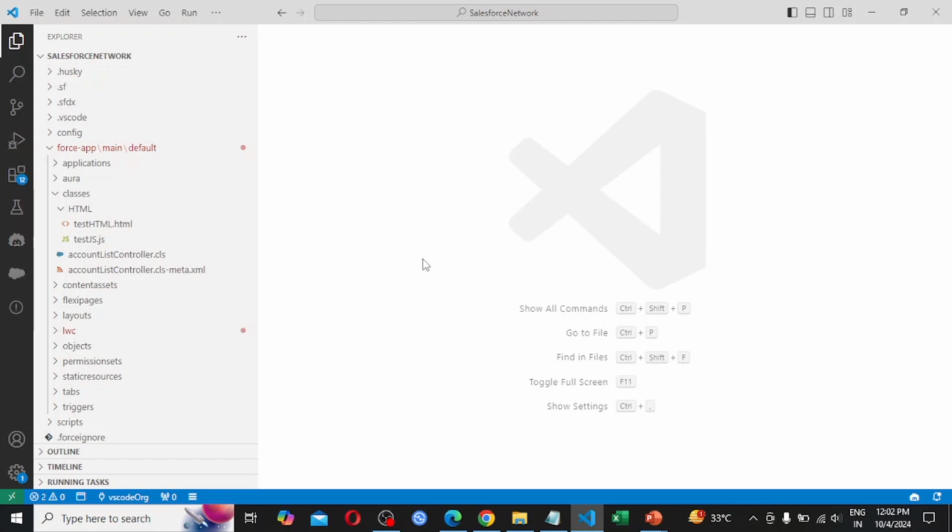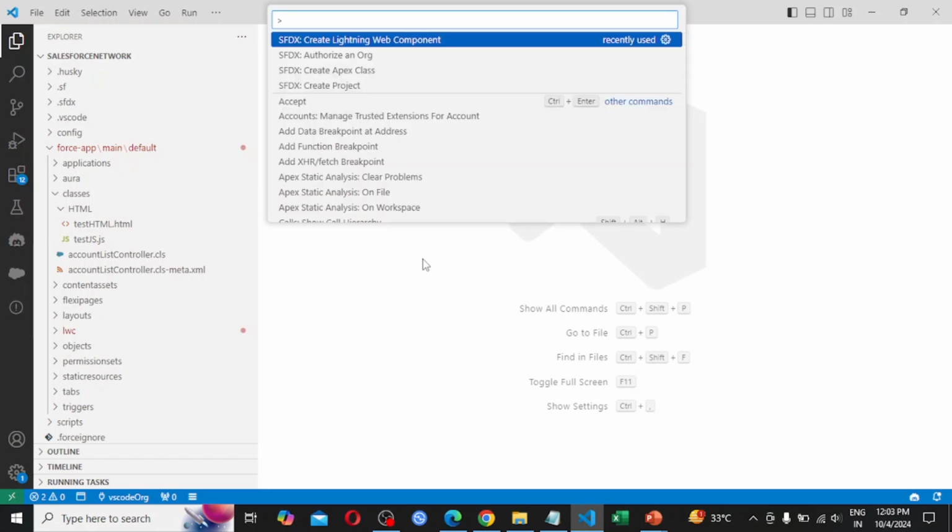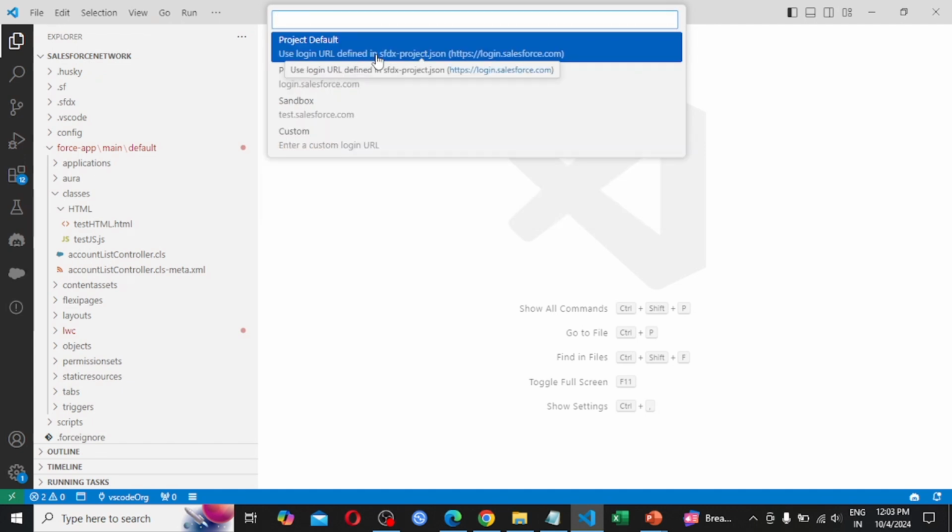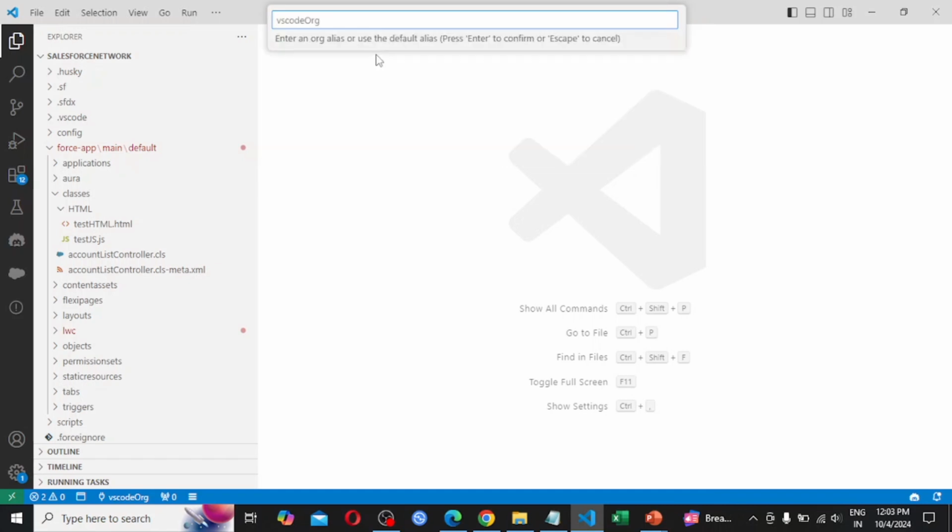Whenever we are going to use Visual Studio Code, first we need to authorize an org. Control Shift P. So it is displaying. From here we have to click on sfdx colon authorize an org. So click on this. Provide the project name, or we can go with default, and again I have to press enter.